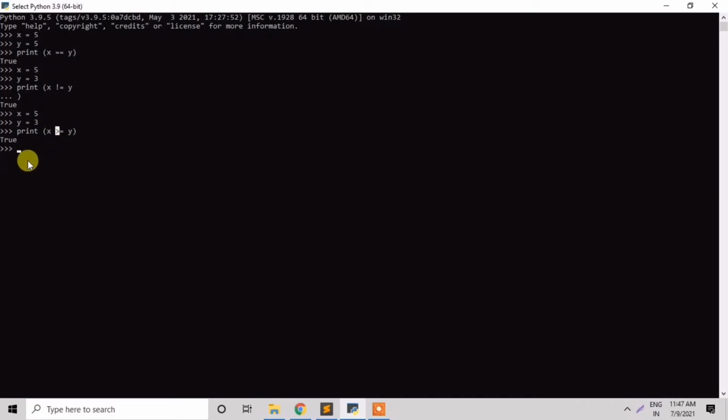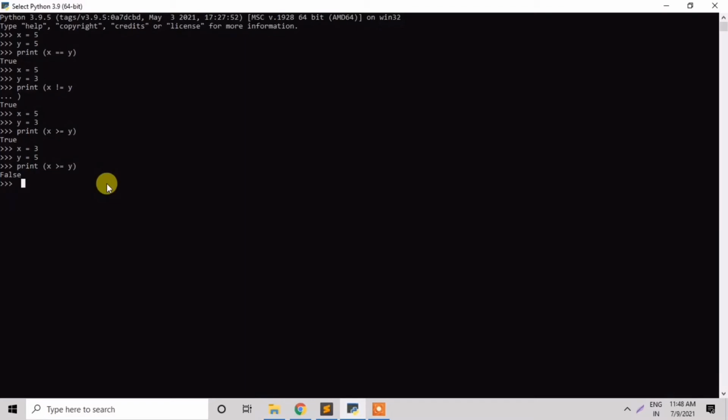The next example: we take x's variable with value 3, and the y variable with value 5. Now we print and use the operator x greater than y. We see the answer is false, because 3 is not greater than 5, it is smaller, so the answer is false.